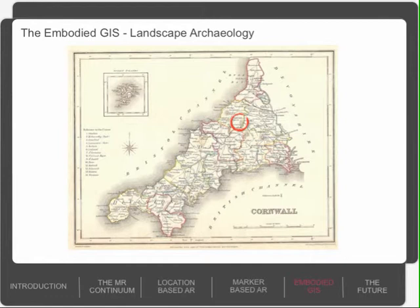So, the case study I'm going to use is Lescanic Hill, which is on Bodmin Moor. It's a Bronze Age settlement, mostly Bronze Age. There are other periods there, but the main bit is Bronze Age. It's probably most famous because it was used as a kind of exemplar of the phenomenological approach in the late 90s by Chris Tilley, Barbara Bender and Sue Hamilton. They went down onto Lescanic Hill and they did some excavation,